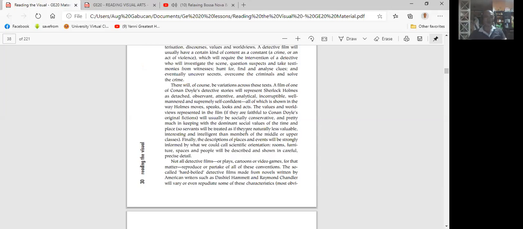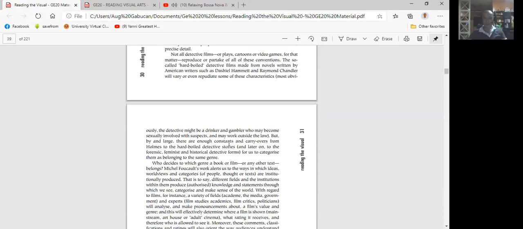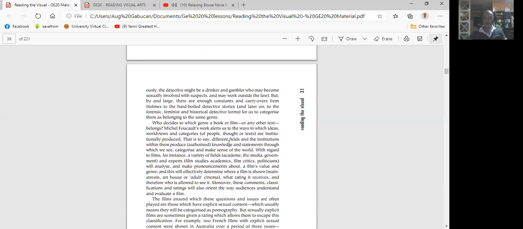So we cannot just say that this is a detective movie, should be categorized as that because of this or this. But somehow, for example, the example here mentioned is about a particular movie that you can easily categorize into a genre of pornography. But upon a closer look, it was even considered as an art movie, because